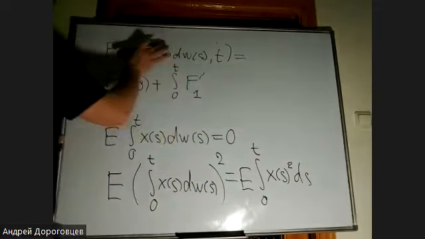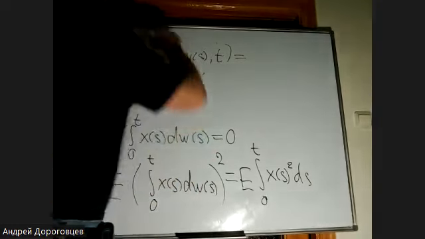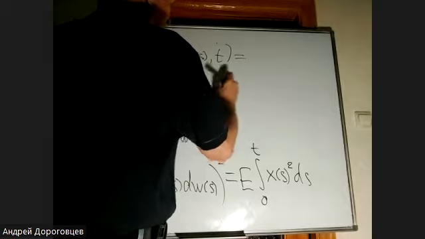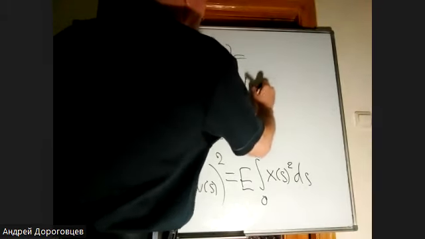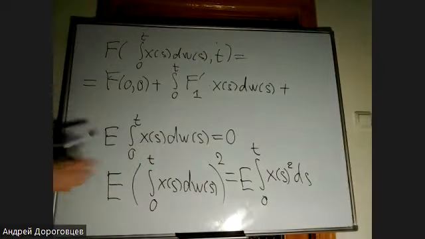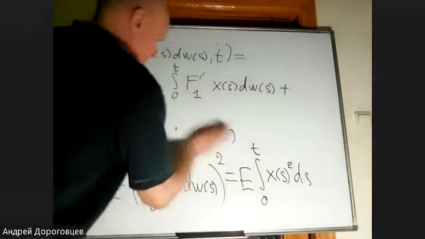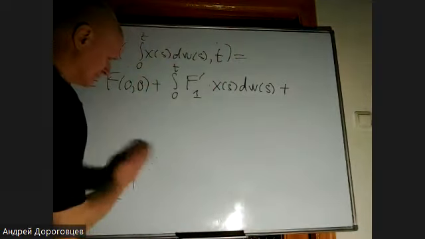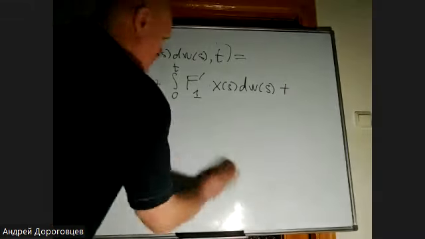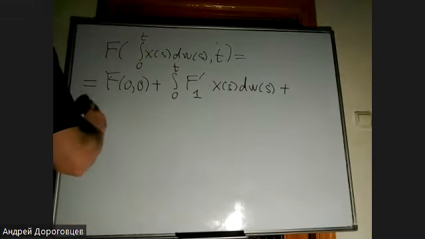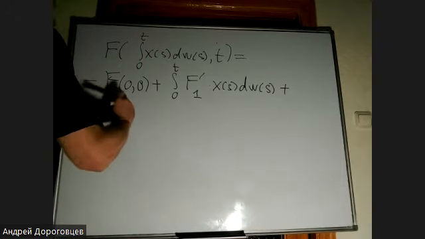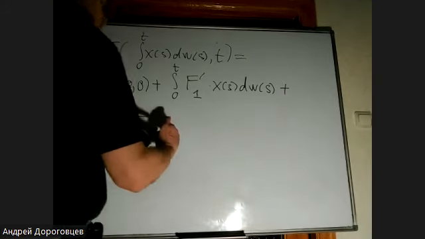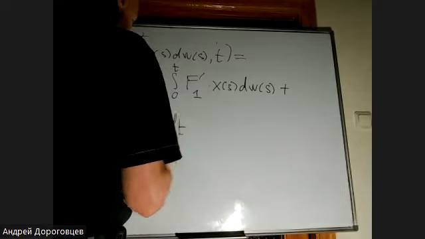I will not write arguments, they are the same, only up to the very s, multiplied by x_s, W_s, plus the next integral from 0 to t of f prime 2 here is dt ds